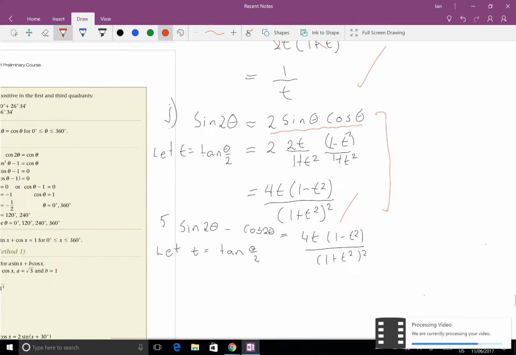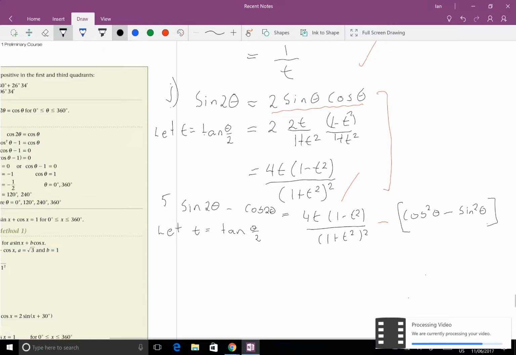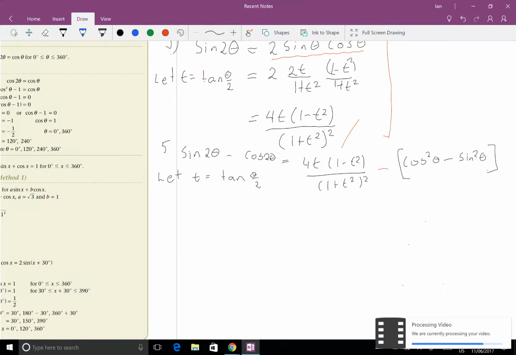Let's now have a look at what happens when we do cos 2 theta. Well, cos 2 theta is cos squared theta minus sine squared theta. And I'm going to be careful because I'm minusing cos 2 theta, so I'm going to put that in parentheses so that I don't get a mix-up with the negatives when it all pops out. So